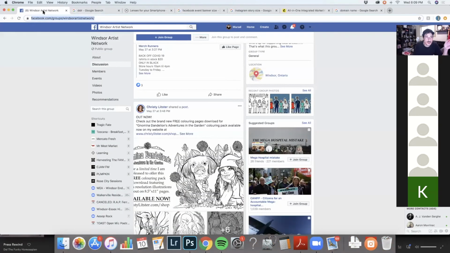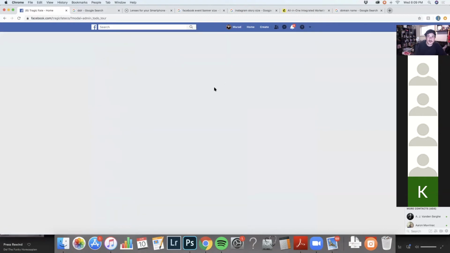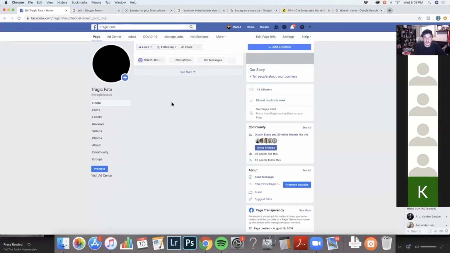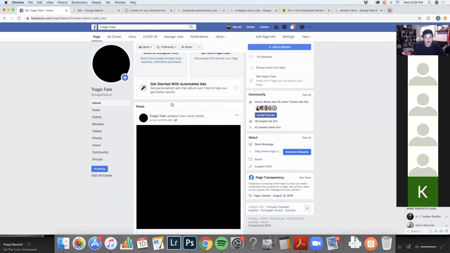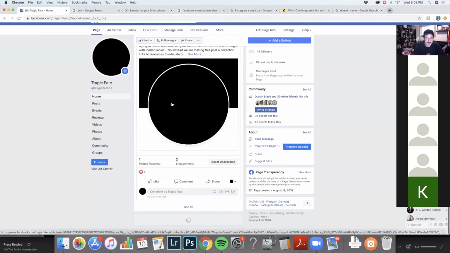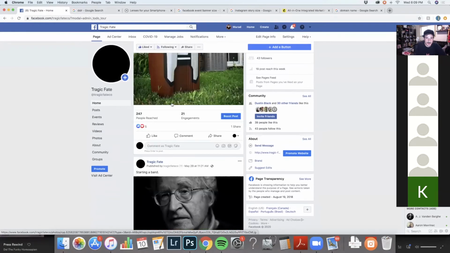Here we go. So let's go back to Tragic Fate and click through and just find a recent post. I'm not actually going to buy the ad. We'll let it load here. I'm not actually going to buy the ad, but I'll do a little bit of clicking through to show you how far your money can go. We're just going to scroll down a bit. Let's just find the first actual thing that I might consider advertising.